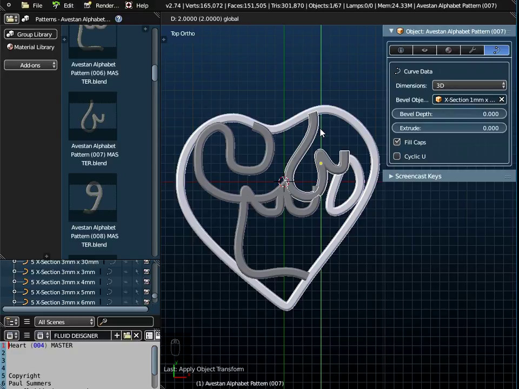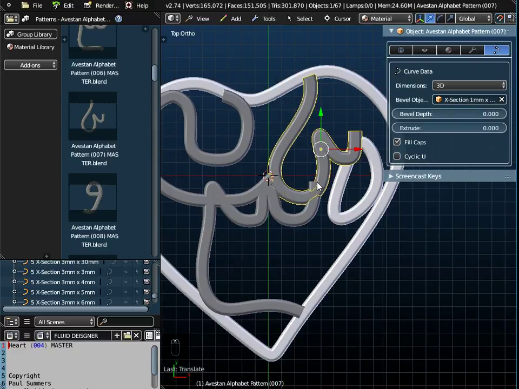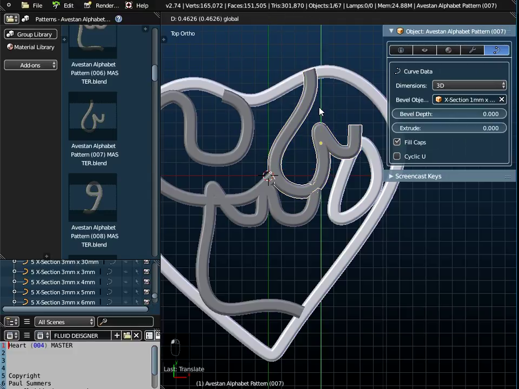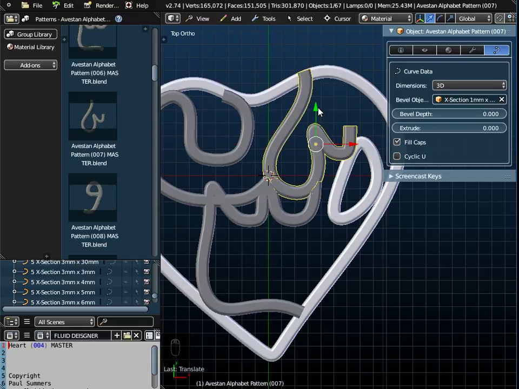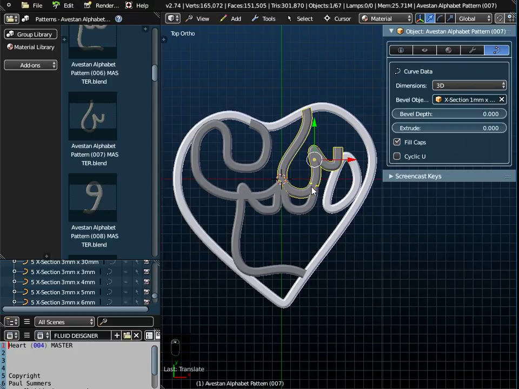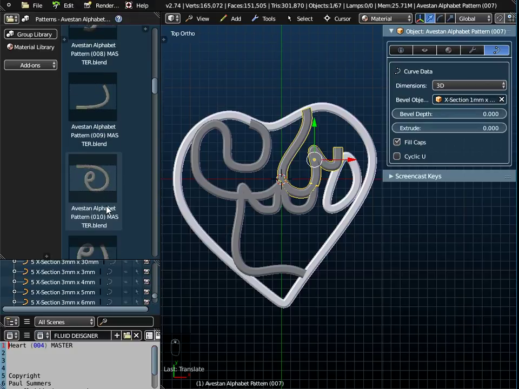So I'm just going to position that there somewhere. So it's overlapping at the top and overlapping at the bottom. I could switch off snap, and I've got finer control if I switch off the snap. I'm going to leave it like that, and then I'm going to add one more, number 10 I'm going to add,